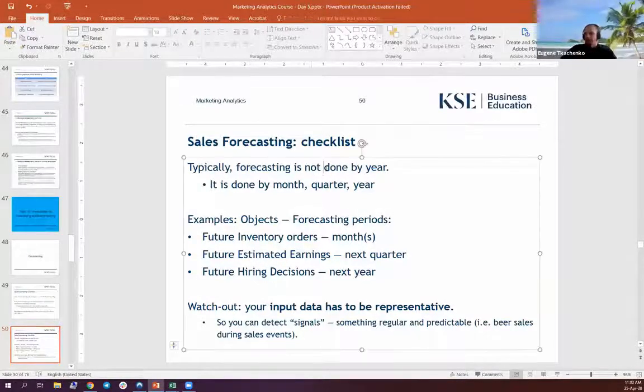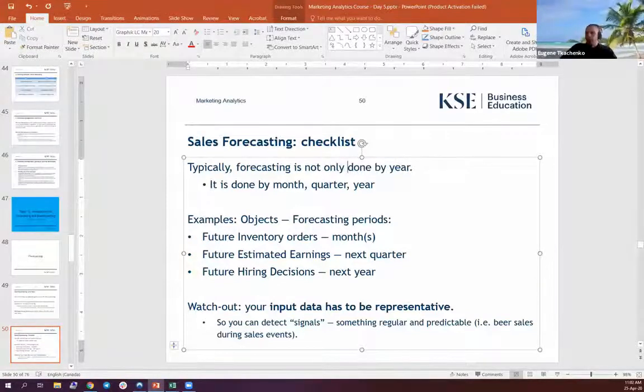So it's not only done by year. It's done by month, quarter, and year. And it all depends on the objects you're trying to predict. So just some examples. If you're trying to predict future inventory orders, you're